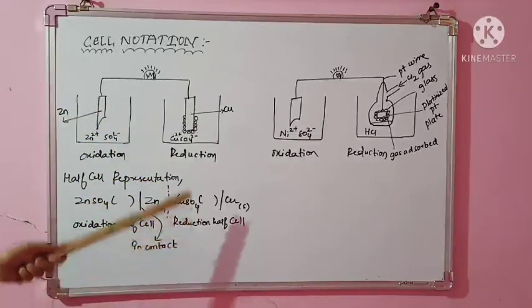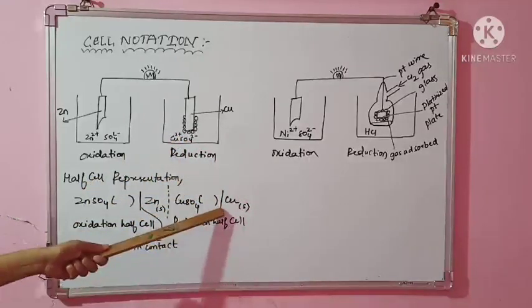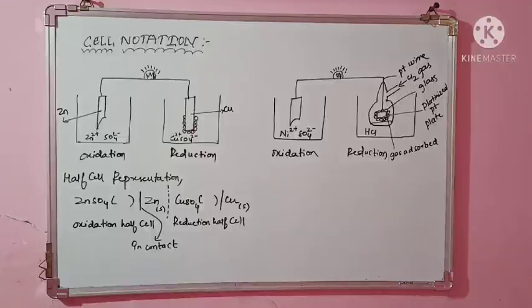Similarly, for the reduction half cell, how do we write it? Copper sulfate solution and its concentration. A single line indicates in contact with the copper electrode. But in some books you can find that this can also be written differently, so there is no necessity